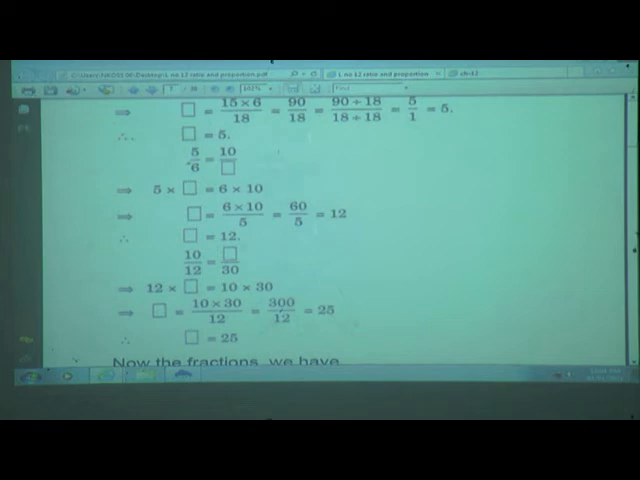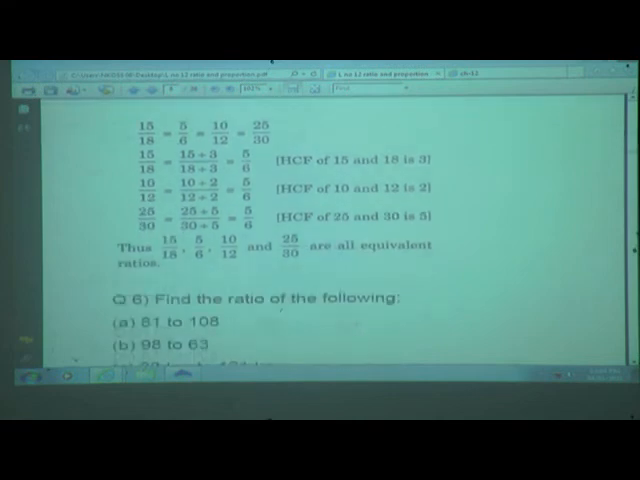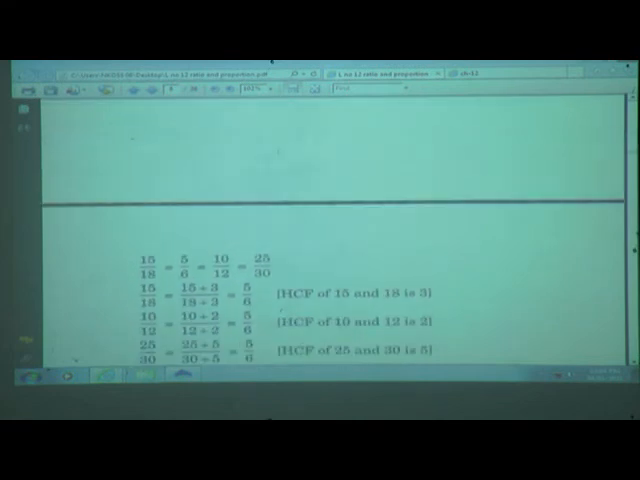So 12 multiplied by dash and 10 multiplied by 30. So 10 30s are 300 and 12 as it is. So we got in the blank as 25 when we divide 300 upon 12. So in this way, by finding the one blank we can find the next blanks too. Thus we have seen here